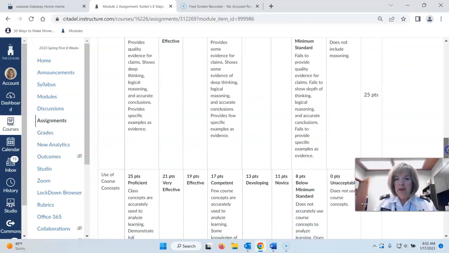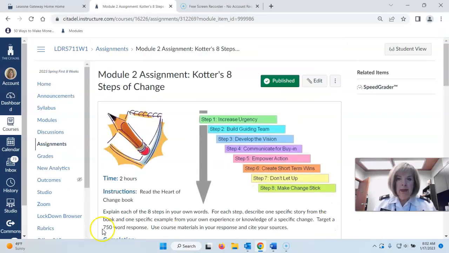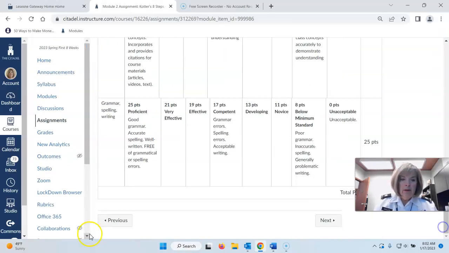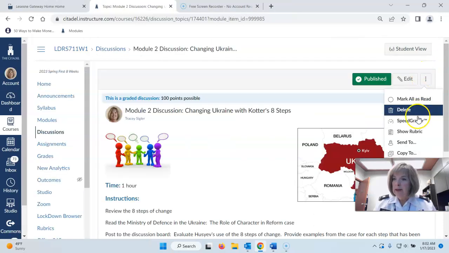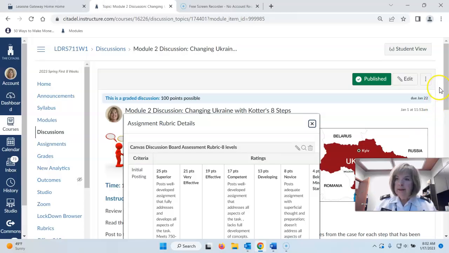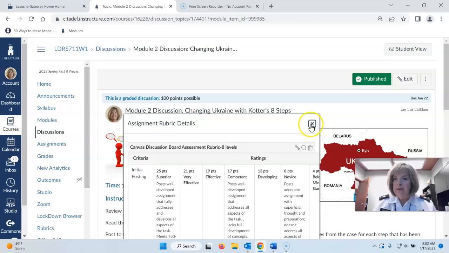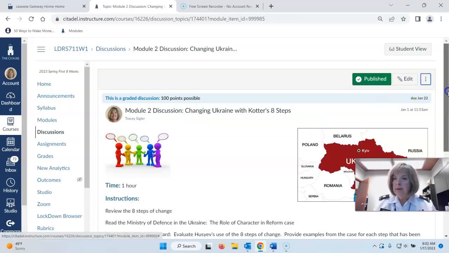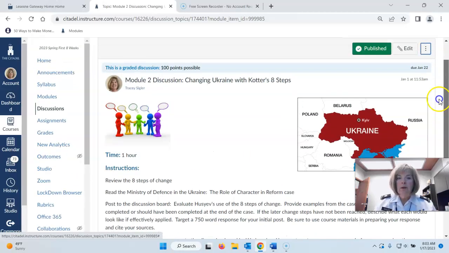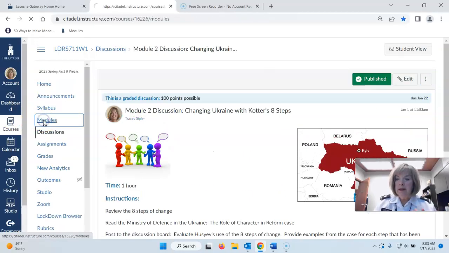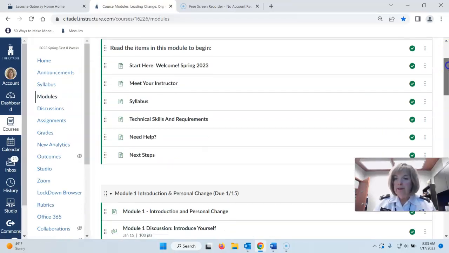Okay, so again, as we're bringing new people into the class, you might still be working on getting caught up. So you'll see, I don't know if I pointed this out last time, the grading rubric is here at the bottom. The grading rubric for the discussion board is kind of hidden up here where the 3 dots are. And there you'll see it. And so again, I'm not going to look at the due dates and the submission dates while everybody's getting into this and getting caught up. Be sure that you are getting the Harvard Business Review article, the OD book, and the Heart of Change book.